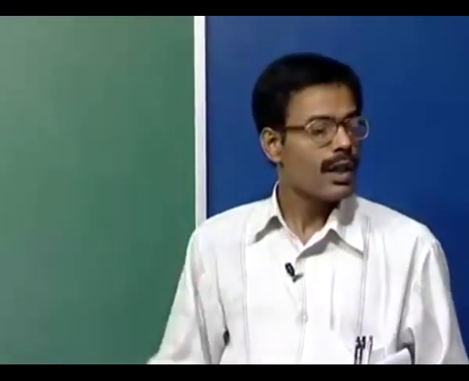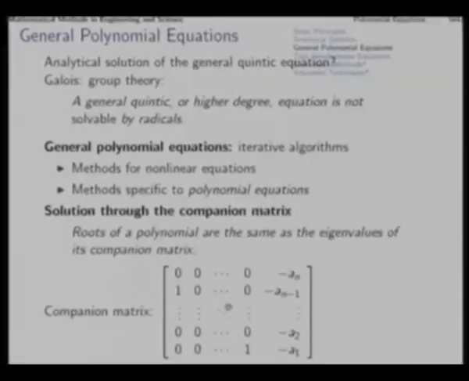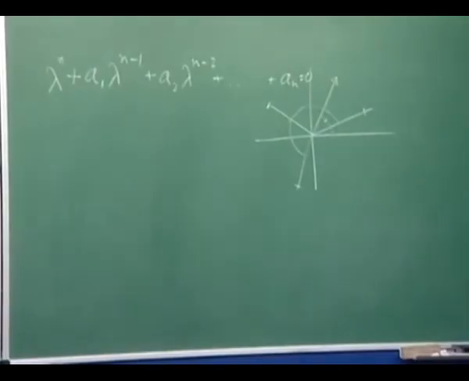So then you find that the characteristic polynomial of this matrix turns out to be the polynomial that we